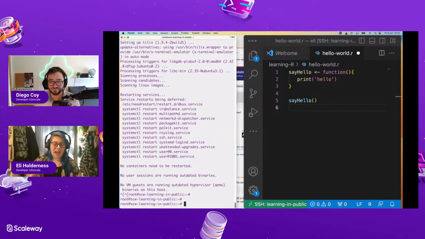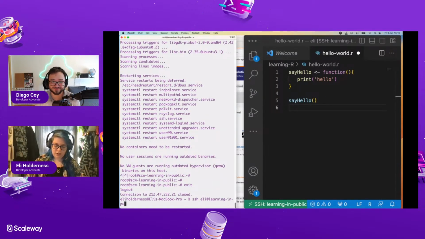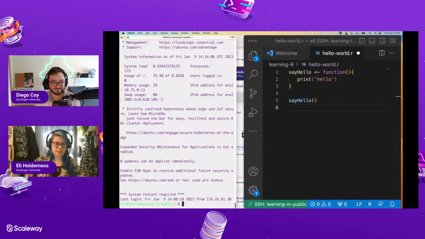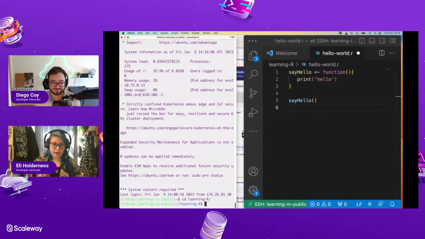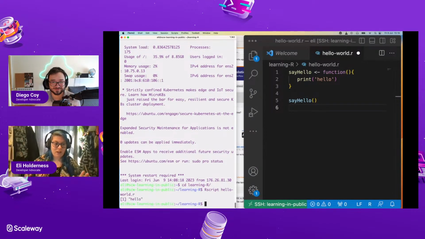Cool. Okay, so now if I say R script, learning R. Okay. Oh no, hang on. I need to exit because I don't want to be root. I want to be me. I made myself a little user on this system and everything. I want to put it to use. So, cd learning R. I'm now in the learning R directory. If I say R script, it has tab completed that for me. Okay, that's a good sign. Yeah, it means that it actually has that executable for me in my path.